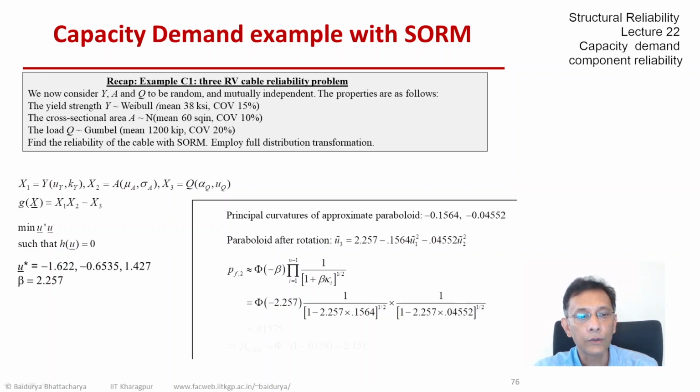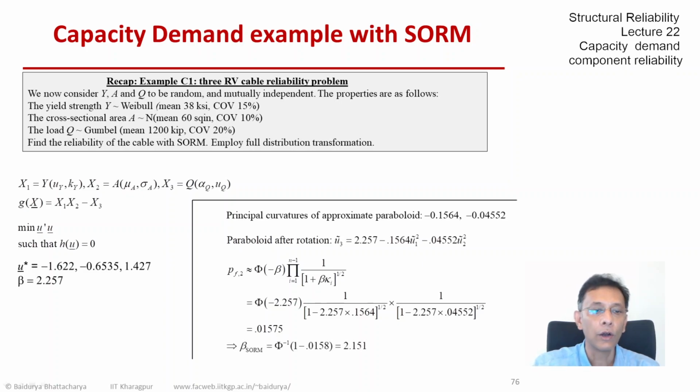So that turns out to be, again, we have factors that increase the value of PF because we did not count some of the failure regions when we looked at FORM. So the answer turns out to be 0.01575, and if we take the inverse normal CDF, we get an equivalent beta of about 2.15. Compare that with beta of